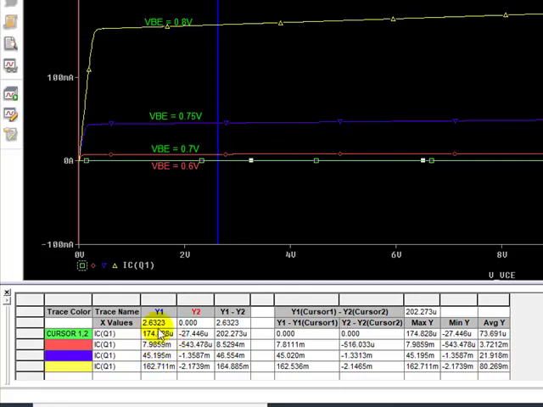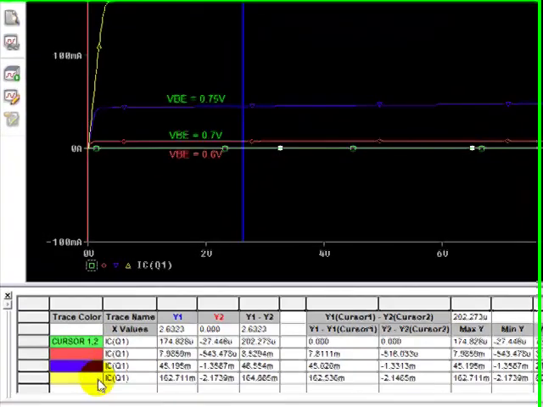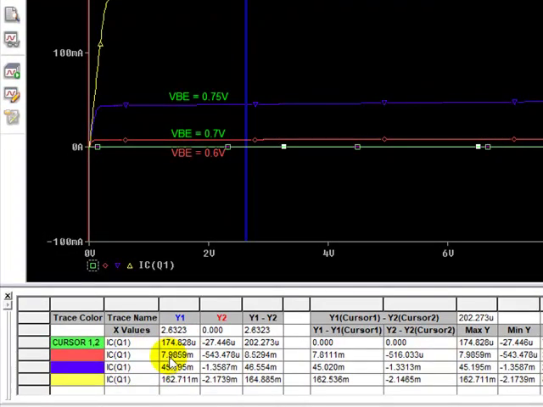If you compare this with the other values, red, blue and yellow, IC for the red color curve is 7.9 milliampere, for the blue color curve it is 45.19 milliampere, and for the yellow color curve it is 162.71 milliampere. Whereas for the green color curve it is only 174 microampere.